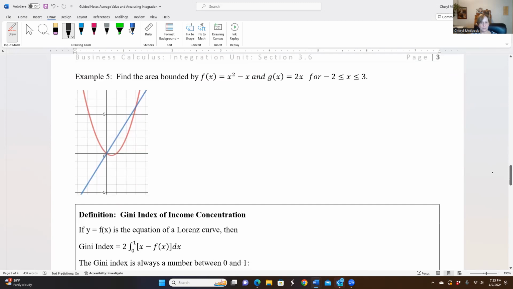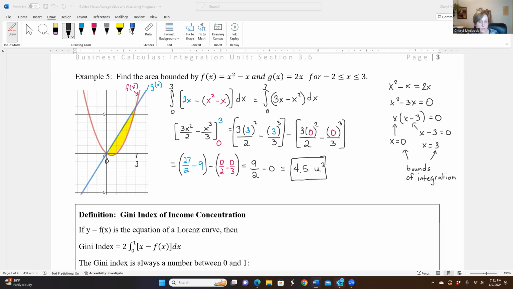All right, let's have you set this one up all on your own and solve it, and then we'll check it together. Please pause the video, and then we'll look at it together. You probably noticed when you set this one up that our g of x function has higher y values than our f of x function. So we actually put it first and have 2x, subtracting then x squared minus x,